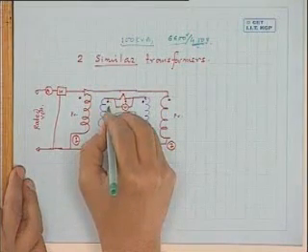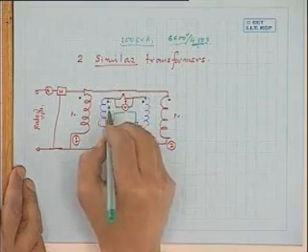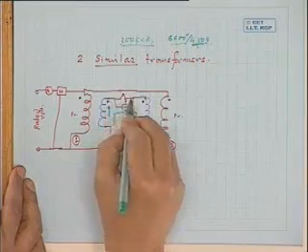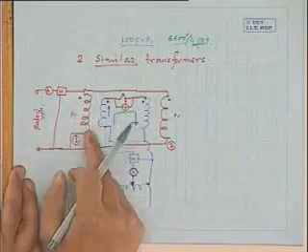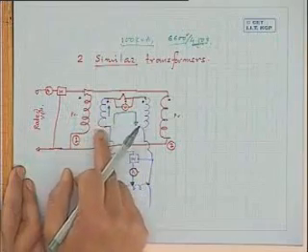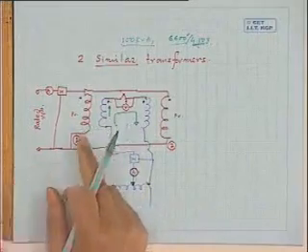You apply some voltage. Now, in these transformers, the current will be flowing like this, that is through the dot at any instant of time. Let us see. Suppose through the dot current is coming out. Then